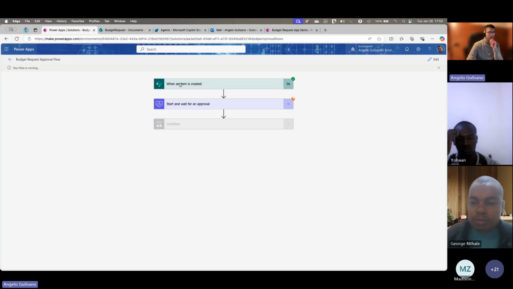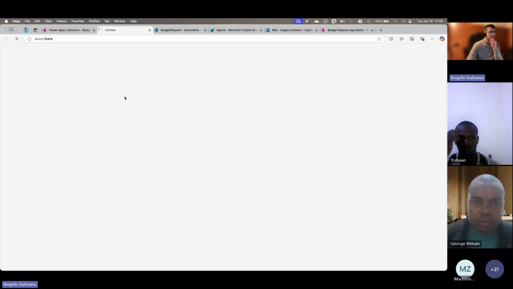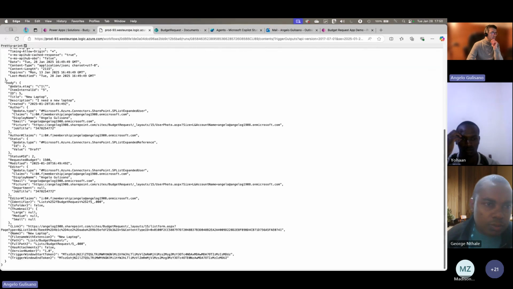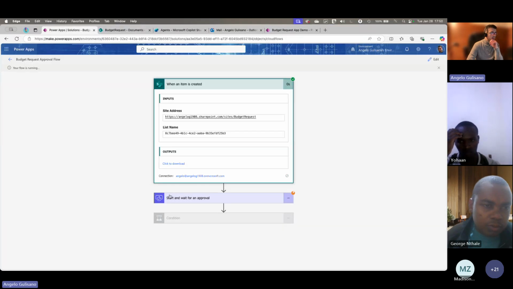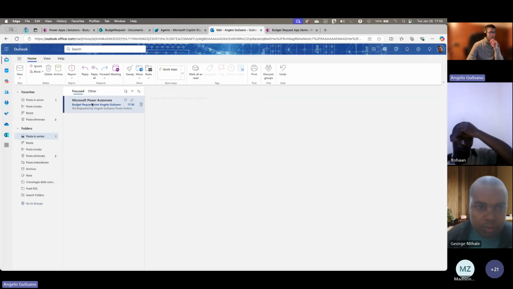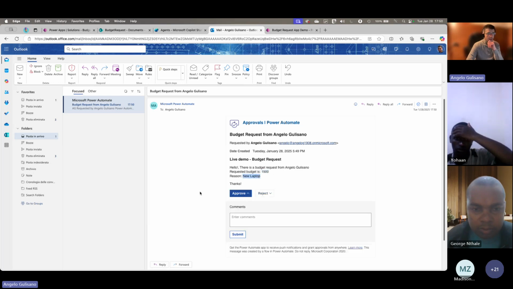Okay. "When an item is created" was triggered, and in the output you can see the request with the body of our SharePoint item. Okay, and now the flow is waiting for approval. So we have received our email, budget request from Angelo Gulisano. Request budget is this one. Reason is this one. Now we can approve